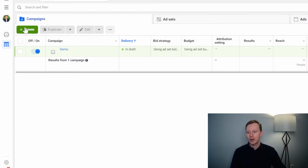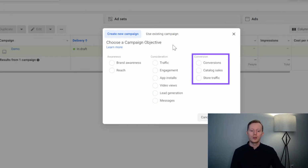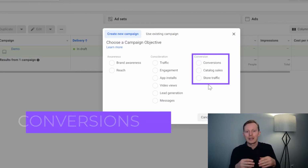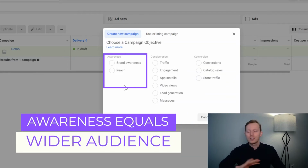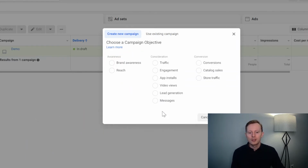So let's just create a new campaign. As you can see, they're broken down into a couple key categories. We have awareness, consideration, and conversion. The more to the right-hand side we pick, the more poignant and the more accurate the Facebook ads, only targeted to a couple people. They really want to hone in to get someone to take an action. Whereas brand awareness, you're basically telling Facebook, show this video or show this ad to as many people as possible. We really want the most amount of people to see it. So for running ads, in this case for Invisalign,